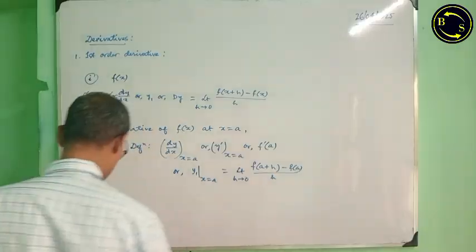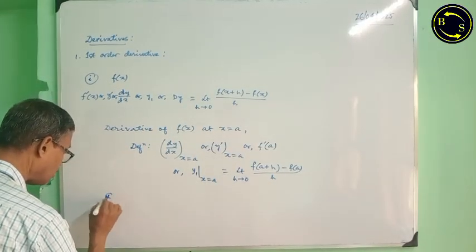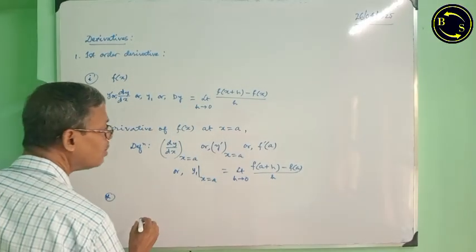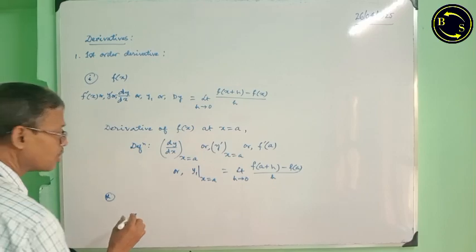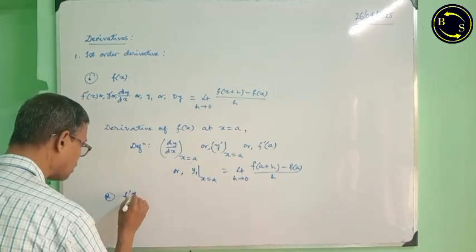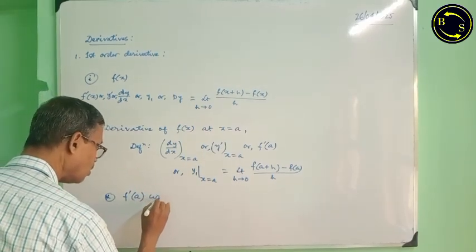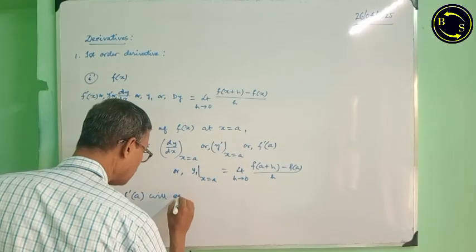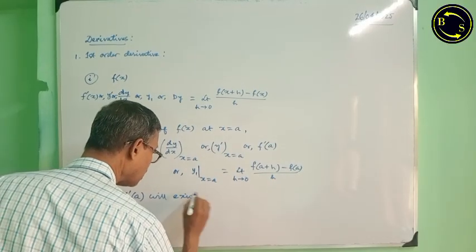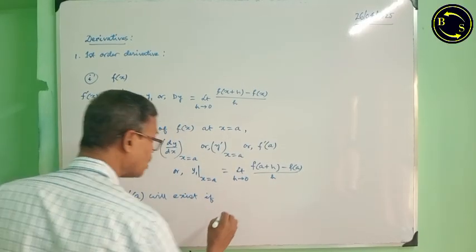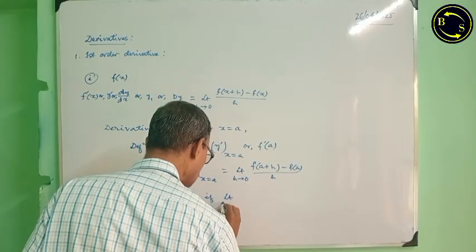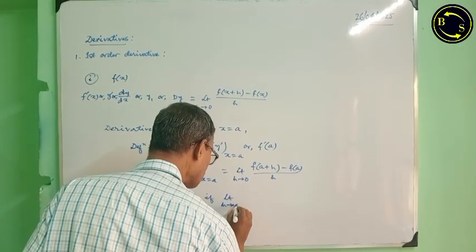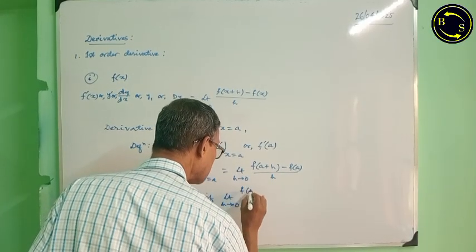Therefore, we can make this conclusion: f dash a will exist if limit h tends to 0 minus